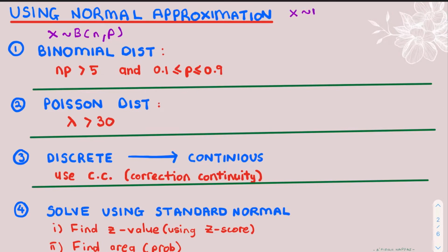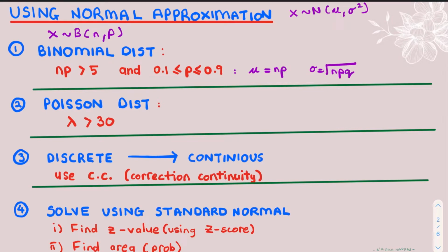And normal is X having a normal distribution with mu and sigma squared, where your parameters are mu and sigma, your standard deviation. So, when can the binomial distribution use a normal approximation? When np is greater than 5, meaning n multiplied by p is greater than 5, and your p is from 0.1 until 0.9, inclusive. For the normal approximation, you need mu, which is the mean, equal to n multiplied by p, and your sigma is the square root of